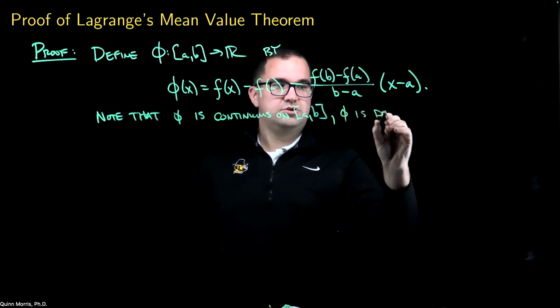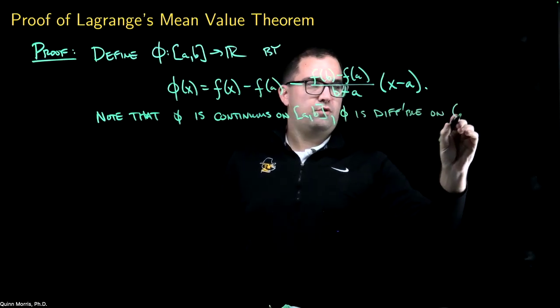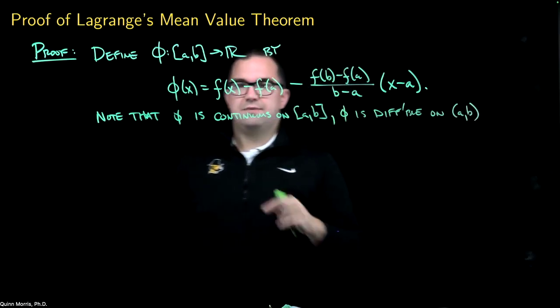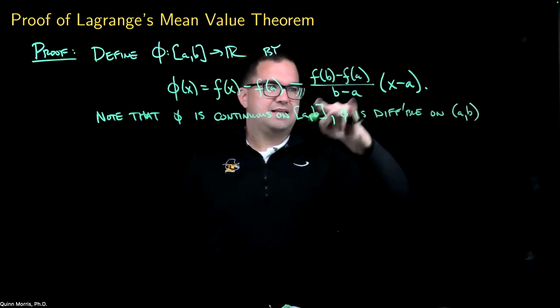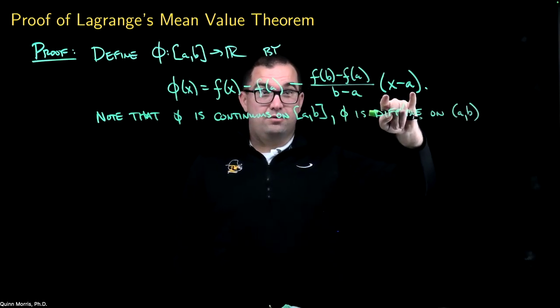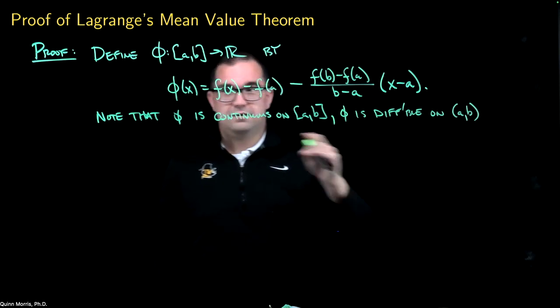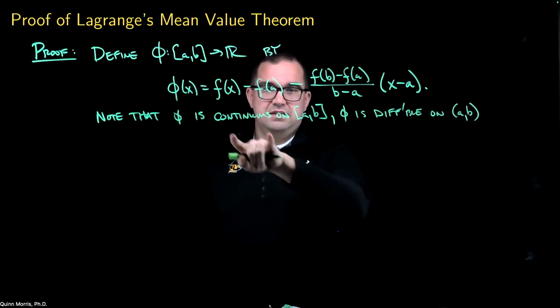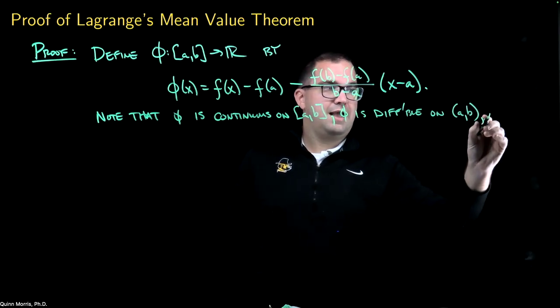Phi is differentiable on the open interval (a, b). Again, for exactly the same reason, f is differentiable on the open interval (a, b). That's a constant, that's a constant, and that's a linear polynomial, so it's differentiable. So phi is continuous on the closed interval [a, b], and phi is differentiable on the open interval (a, b). And